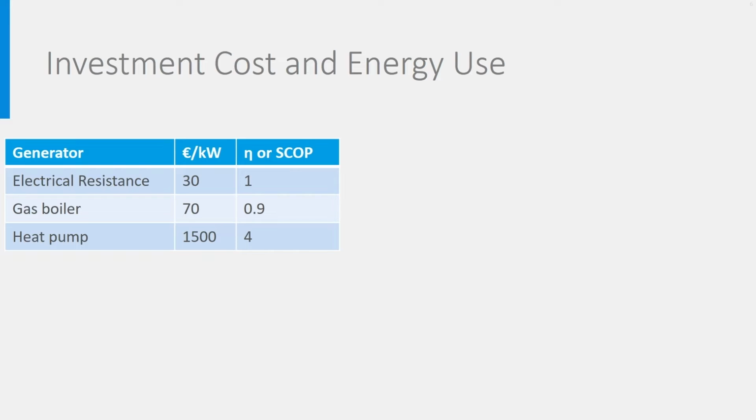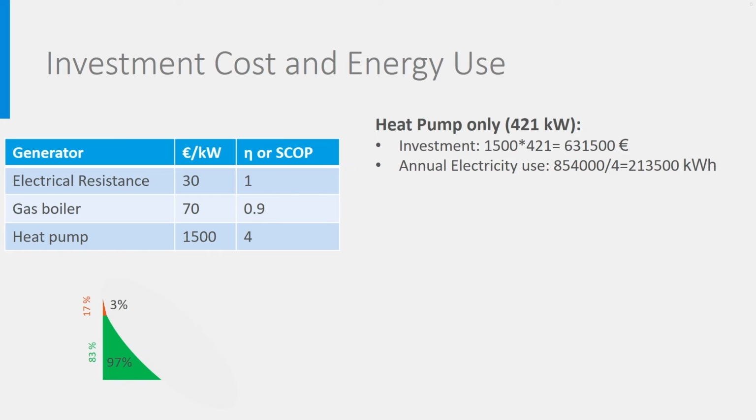The idea is that when a technology, like heat pump, is very efficient but expensive, it could be worth it to buy a smaller heat pump, for instance only 83% of the needed nominal load, covering this way 97% of the total energy demand. And for the remaining 3%, we could buy a less expensive device like an electrical heater at the expense of its much lower efficiency, but that's only for 3% of the total.